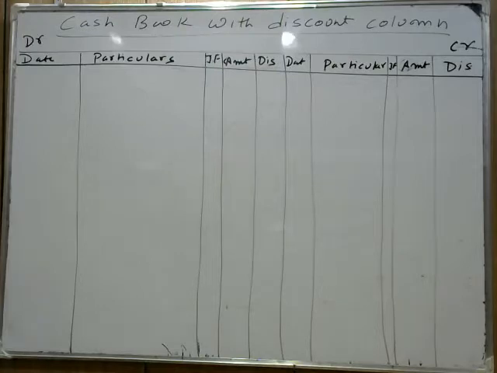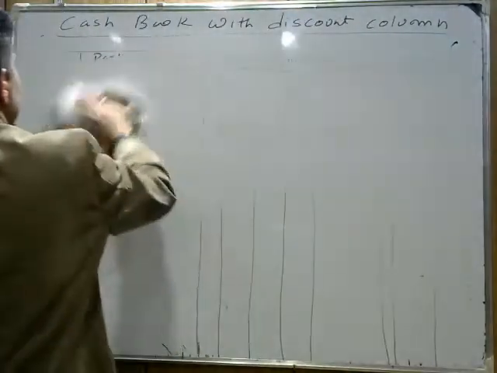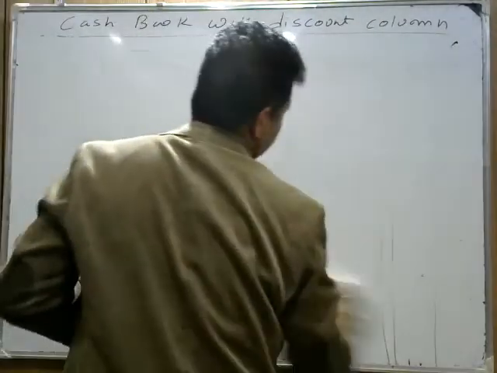There is no need to note down this one, because I'm going to do a question with you now, with the same purpose, cash book with discount column. You need to understand it. What is the important feature in it? So please note down with me. I'm marking over here: what are the important features of the cash book with discount column.